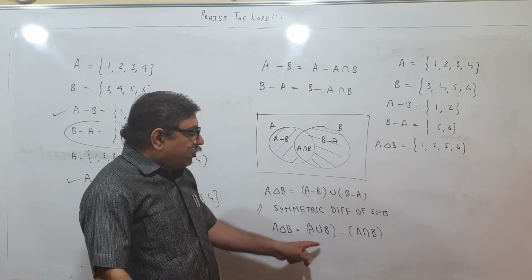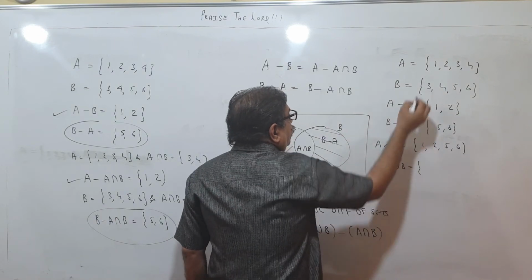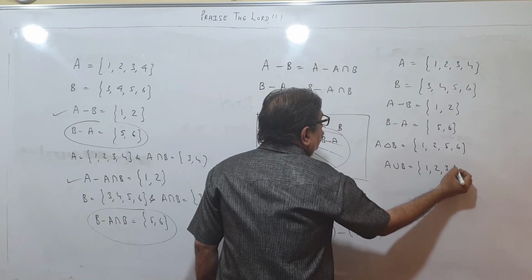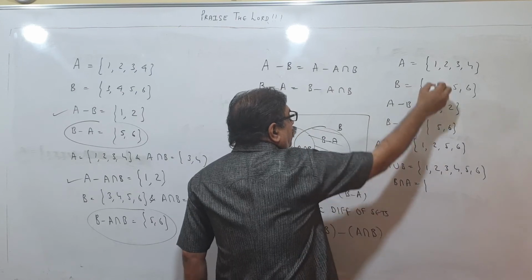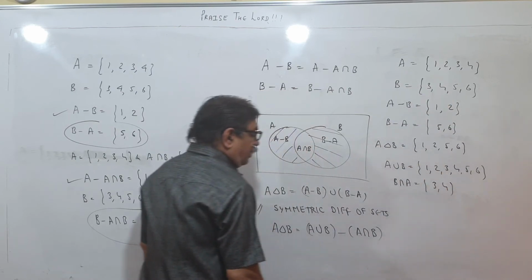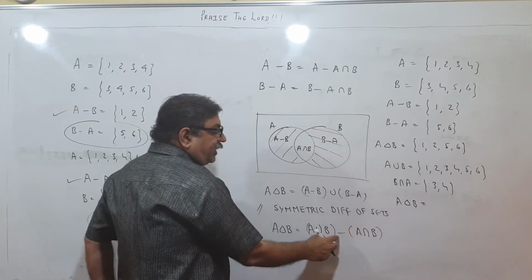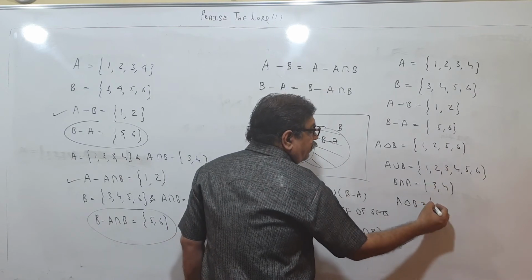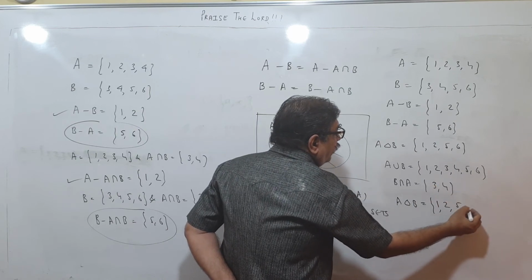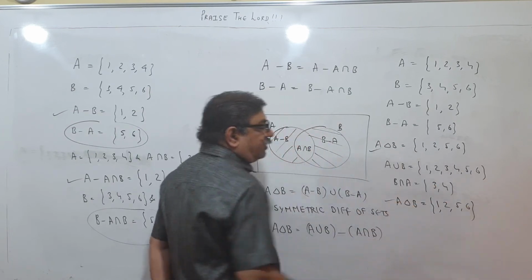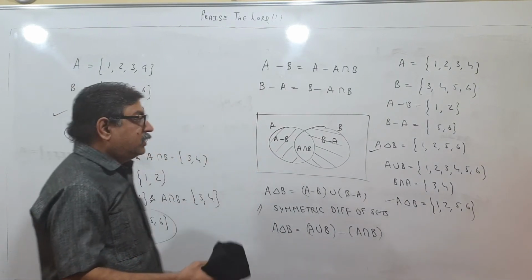Or we could have gone for this definition. A and B are known. What is A union B? Unite both the sets. I will get 1, 2, 3, 4, 5, 6. And what is B intersection A? Take common elements. That is 3, 4. So do A union B minus A intersection B. A delta B is equal to union minus intersection. 1 I can write, 2 I can write, 3 no, 4 no, 5 and 6. See, A delta B, A delta B, both sets are the same by both methods. Okay, children? Fine.